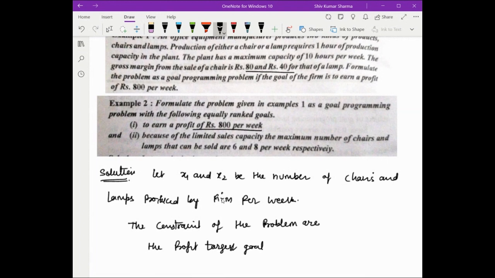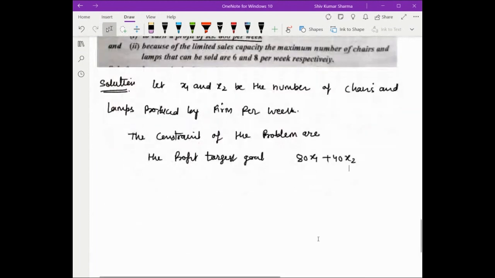Profit target goal, which is equal to 80x1 plus 40x2. So 80x1 plus 40x2 equal to 800 rupees. So target equal to 800. And the sales target goal,